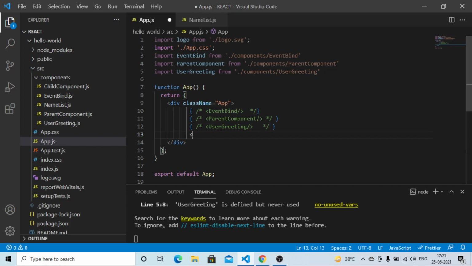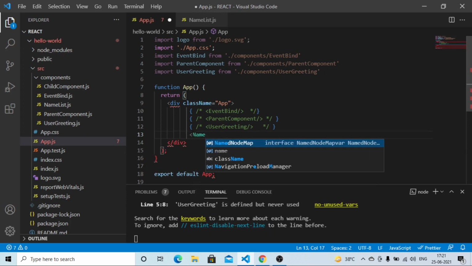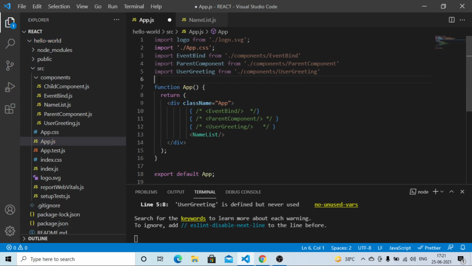We save this file, and I am going to include this NameList component in the App component. Don't forget to import it at the top: import NameList from the components folder and NameList.